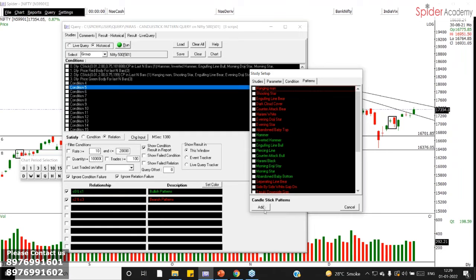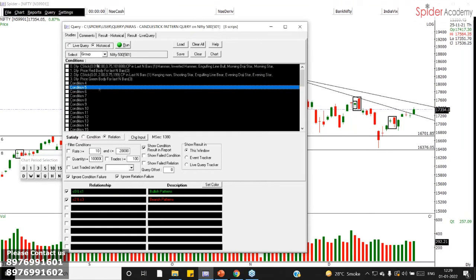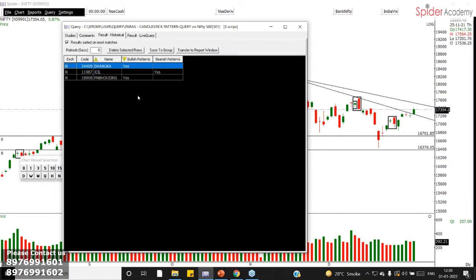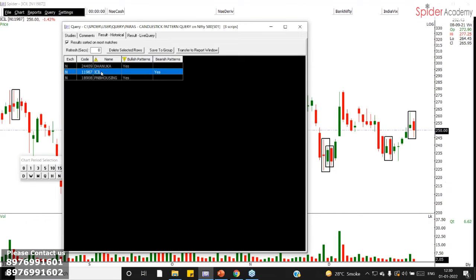After selecting, you can click on add. Okay, so it will appear here. मैंने कुछ ऑलरेडी बनाकर रखा हुआ है, मैं इसको रन करता हूँ। ओके, सो ये कुछ पैटर्न आया। अब ये ICIL पे मुझे बेरिश पैटर्न पर ही आया होगा। सो ये एंगल्फिंग लाइन बेयर का पैटर्न है। अगर आप देखोगे, we have one bullish trend here, and after that we have engulfing line bear